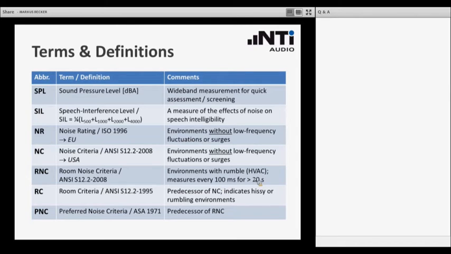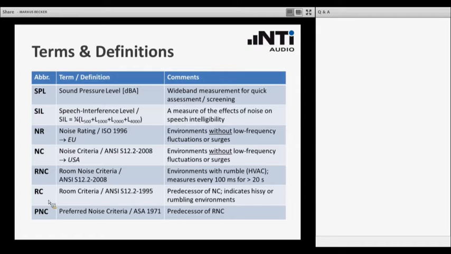They typically originate from heating, ventilation, air conditioning systems, and this RNC standard measurement requires a level acquisition every 100 milliseconds for a period of time, minimum 20 seconds, and these values also go into the overall result.